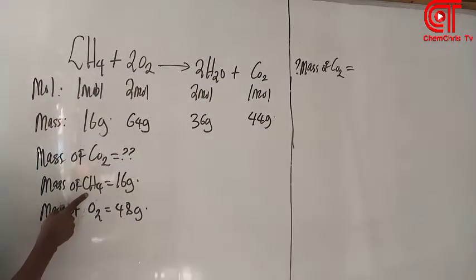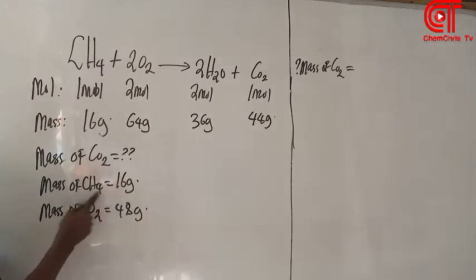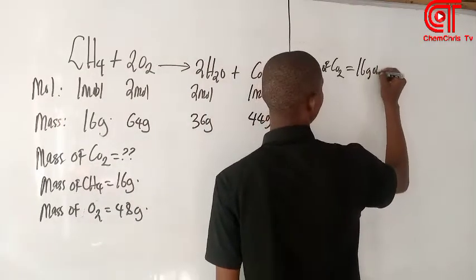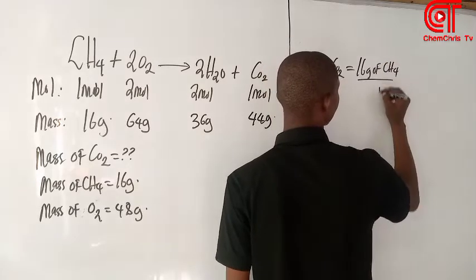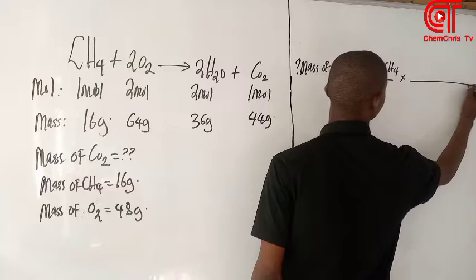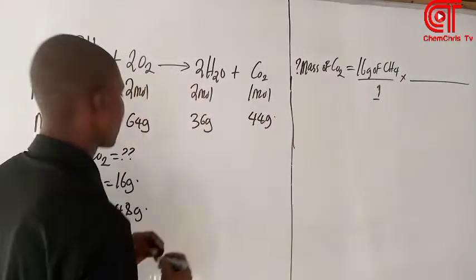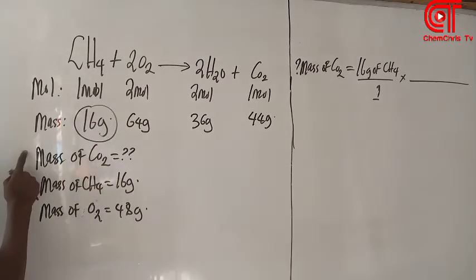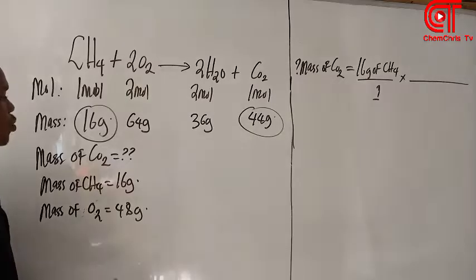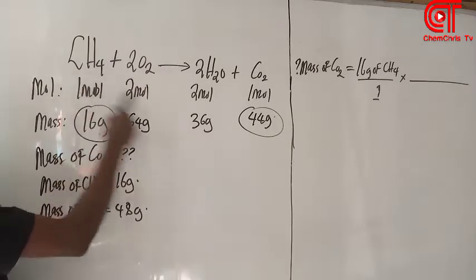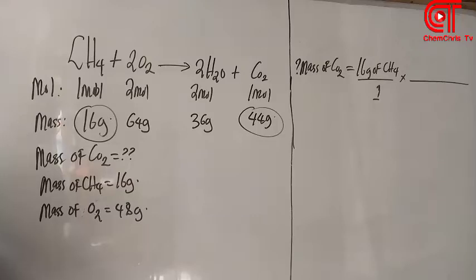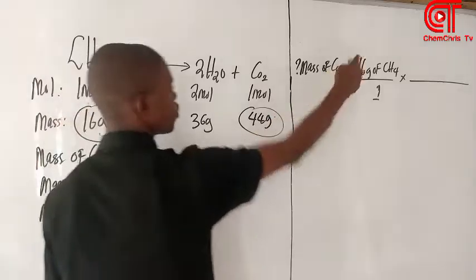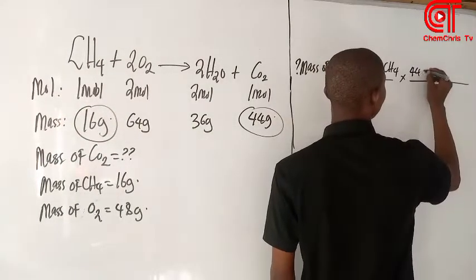Now let's start with methane, which is CH4. So 16 gram of CH4 is what is given to me, right? So here we have 16 gram of CH4 over 1, with a division sign here. Remember, you are using the mass of this one here to calculate the mass of that one. So that means 16 gram of CH4 equals 44 gram of CO2. Now because I'm looking for the mass of CO2, 44 gram of CO2 will be at the top. So here I have 44 gram of